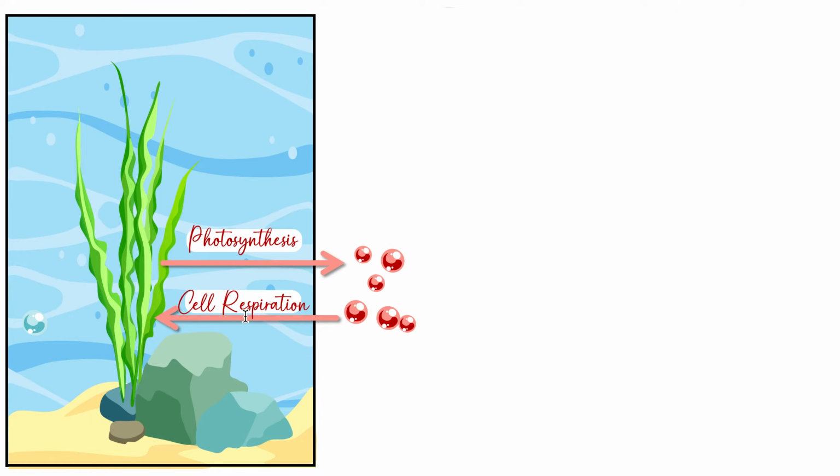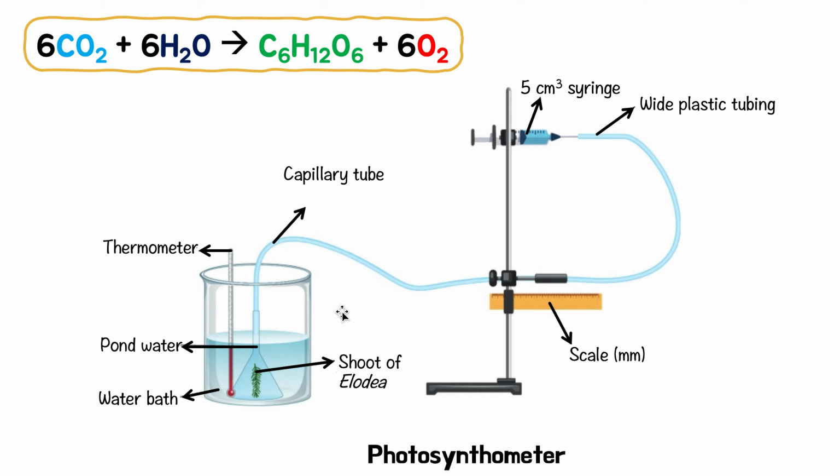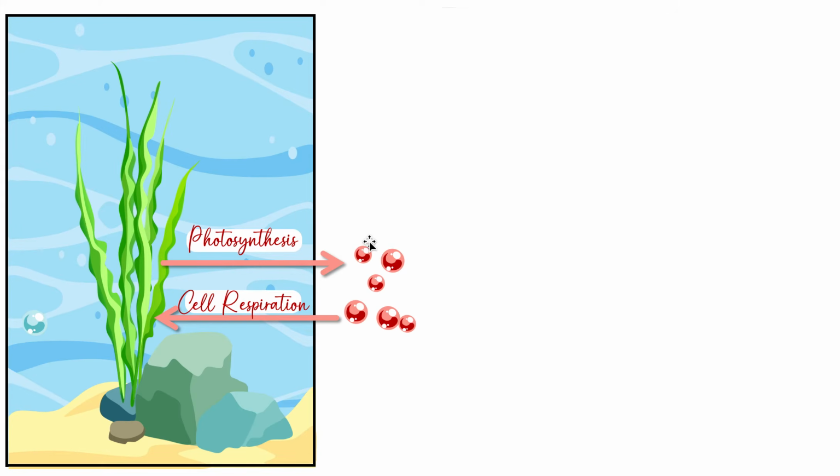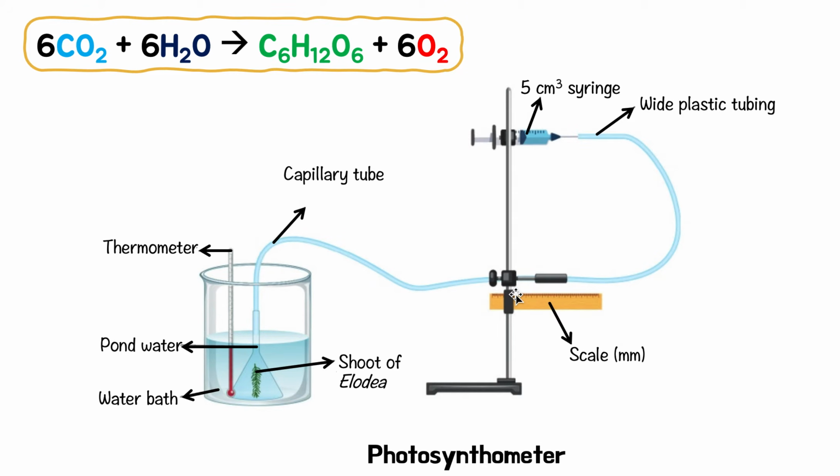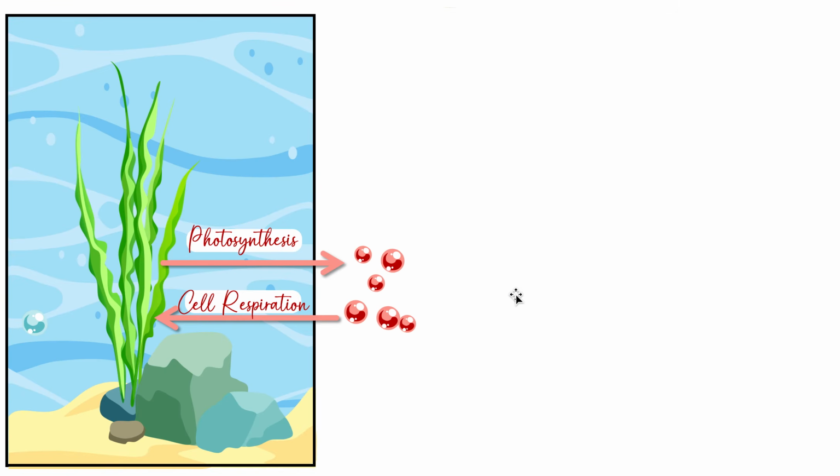So that's kind of tricky now. What does that mean? We know photosynthesis will allow them to make oxygen, but at the same time, they're using that oxygen. So how do we know that the amount we're calculating here is truly accurate? Because not only do they make it, but they also use it. So the final amount that we calculate with this photosynthometer may not be that accurate. It may be less than the true amount, because in reality, this plant is doing photosynthesis, but some of the oxygen will be taken away by cell respiration. So the amount of oxygen that we calculate is going to be less than the true amount that it should be from photosynthesis, right?